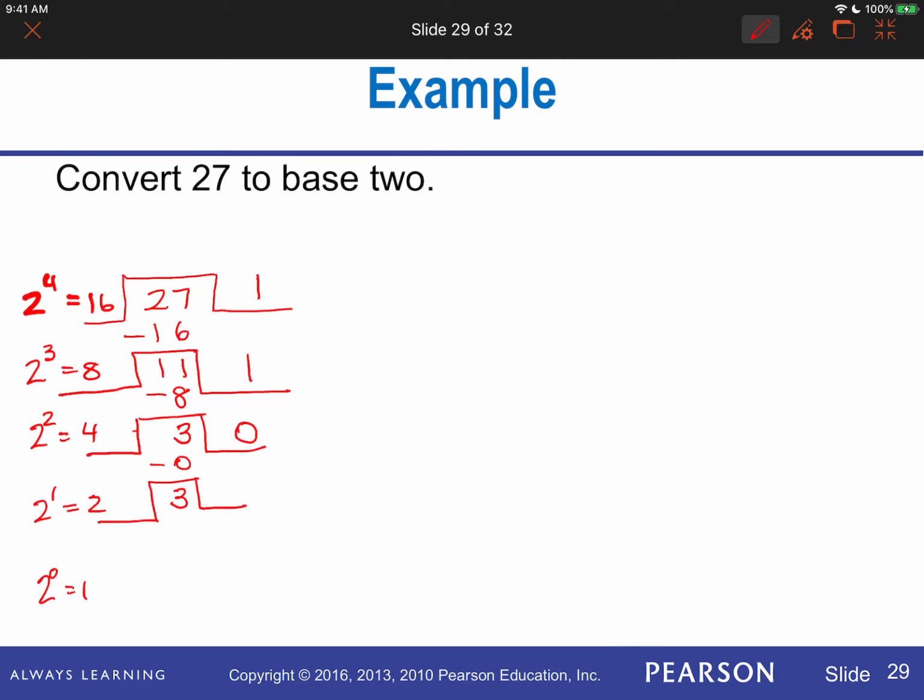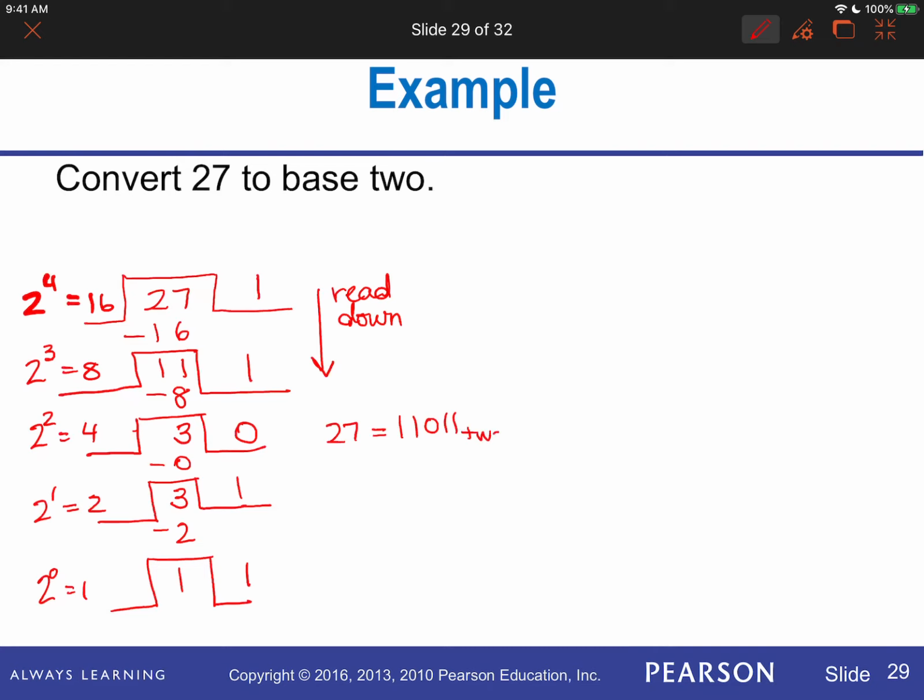And now I'm looking at 2 to the first. How many 2s go into 3? Just 1. I'm going to subtract 2. I'm left with 1. And finally, how many 1s go into 1? Just 1. Now I want to read my number. I'm going to read down to get that 27 is equal to